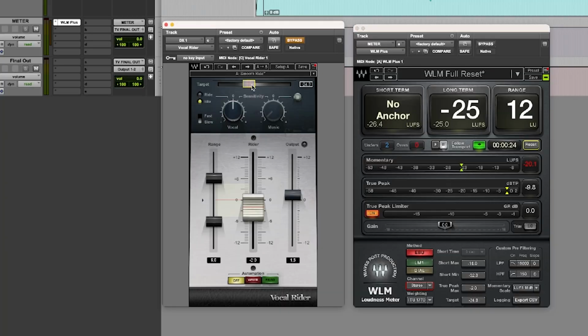So the first setting I'm going to address is the target. So if you click here, what I'm aiming for is -24. So that's going to basically calibrate the whole plugin to say, at 24, I want you to go up and